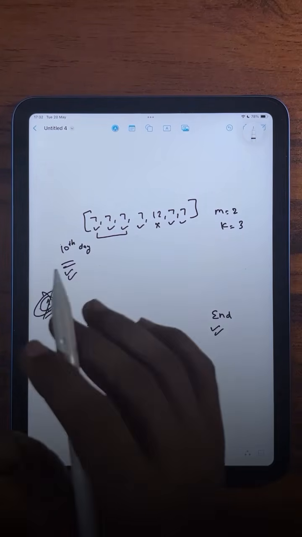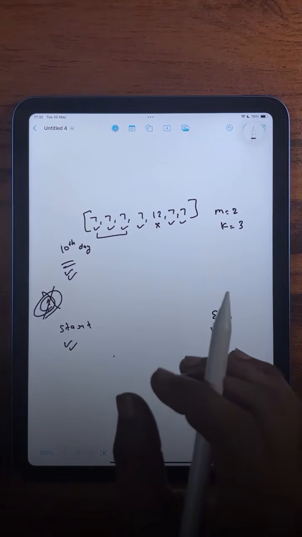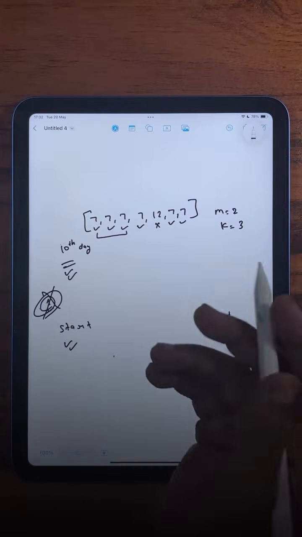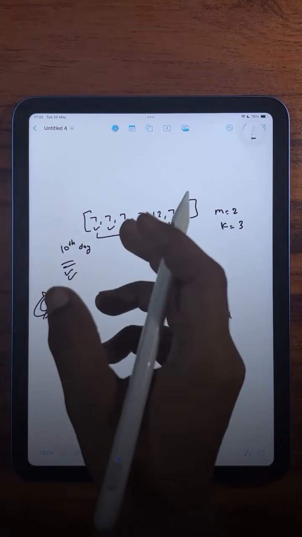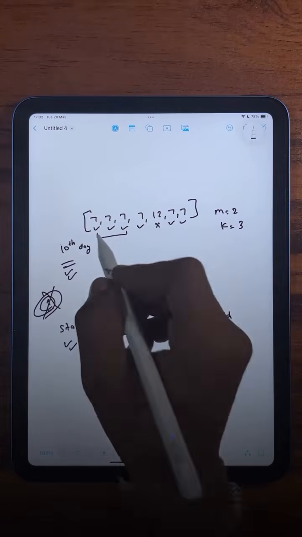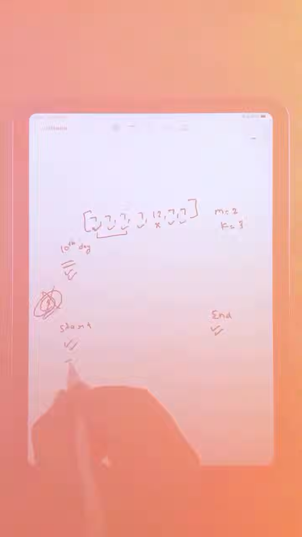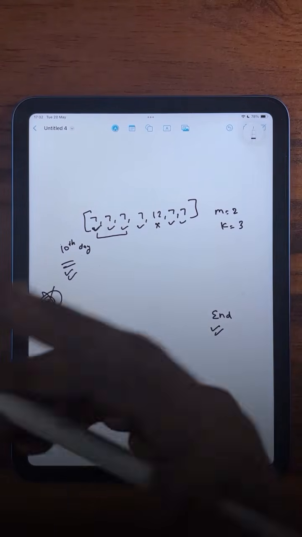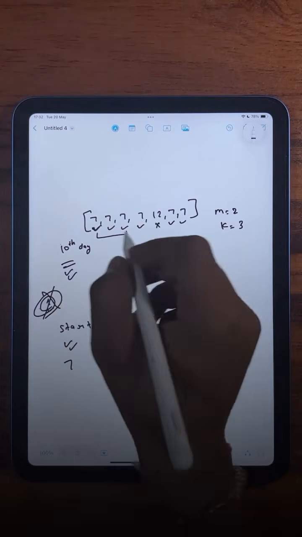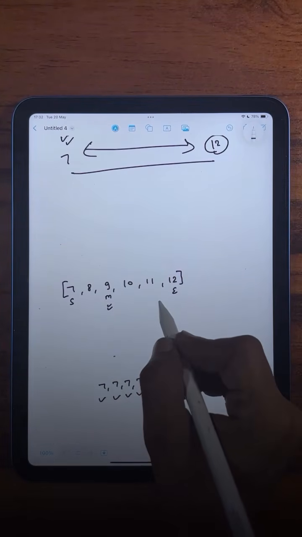So what is going to be the start point? The start point should be such that we have at least a few bloom flowers. So in that scenario, I can take the minimum number of days a flower takes to bloom, and in our scenario that day is 7. So 7 is going to be my start point, and what is going to be the end point? The end point is where the flower takes the maximum number of days to bloom. So in our case 12 is going to be the end point. So this is the range, this is the start pointer, this is the end pointer, and this is going to